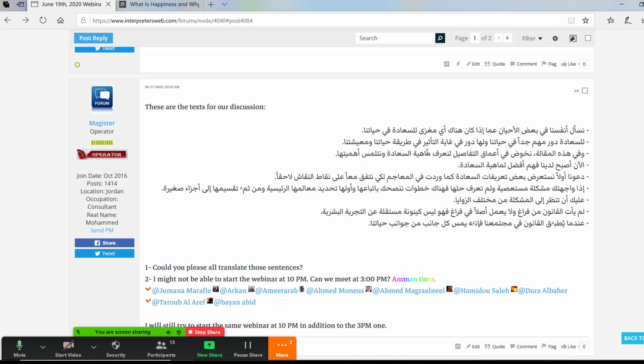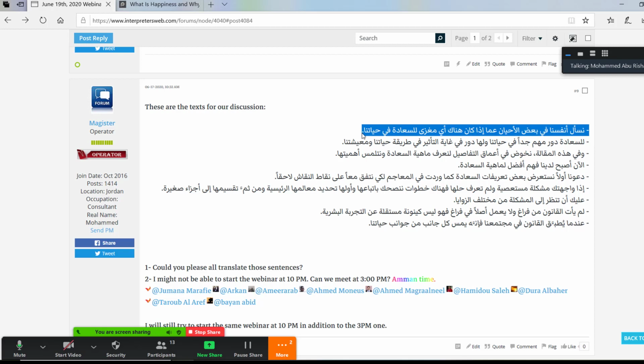Now, step number 5, and this is very important, by the way, we immediately try to read the Arabic. And in our minds, small minds, we try to translate them from Arabic into English by trying to remember how they looked in the English original text. This is step number 4.